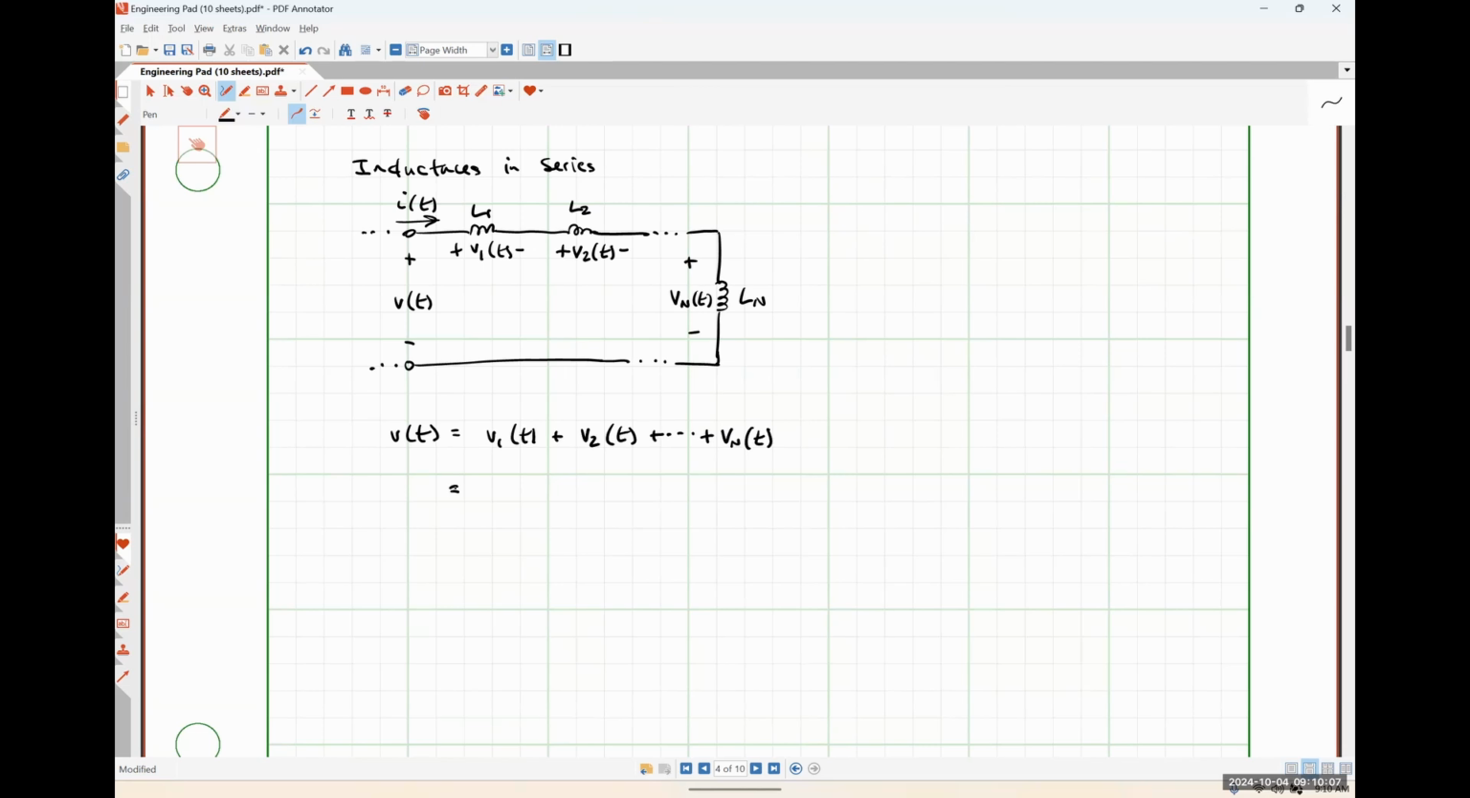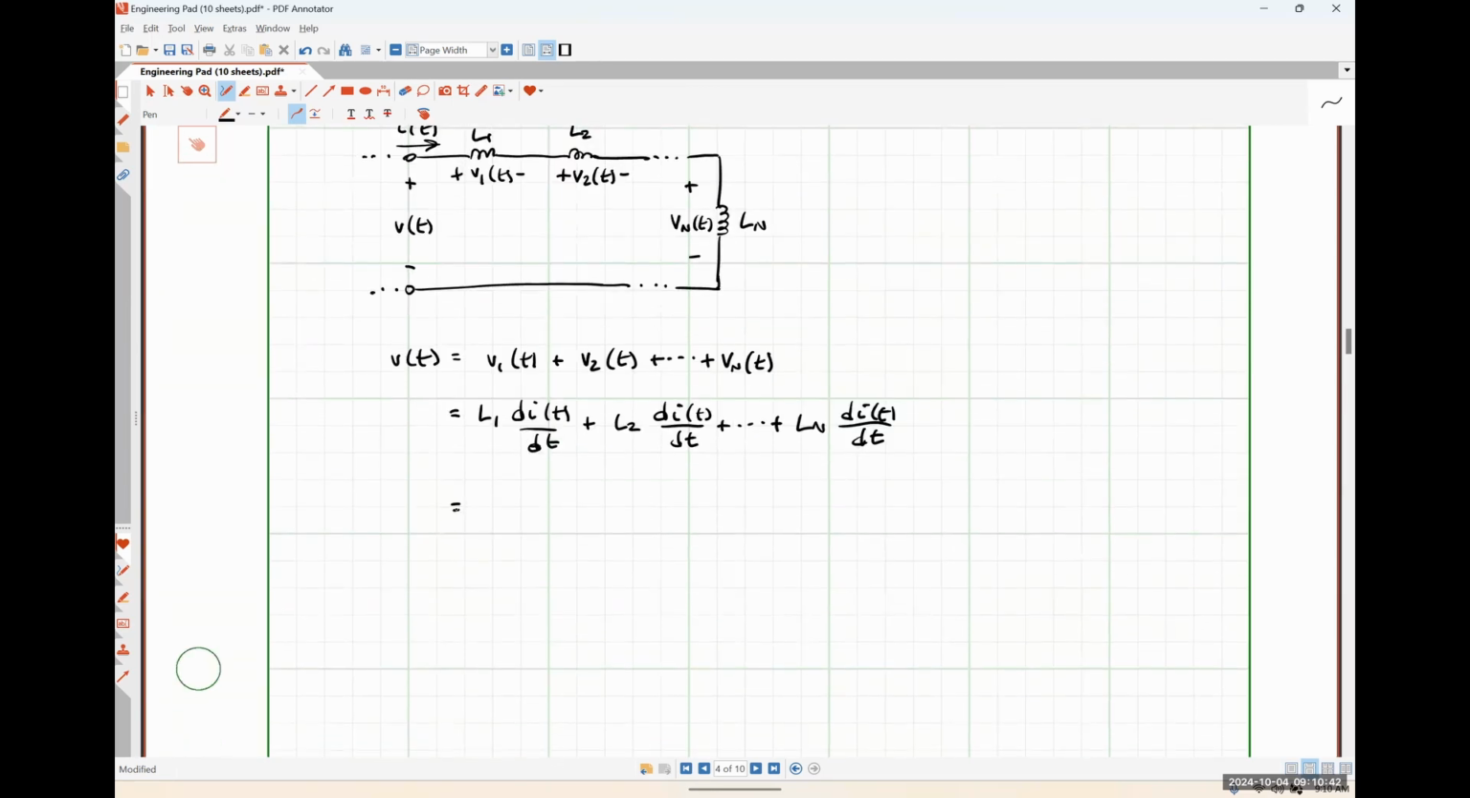I can express all of those voltage drops in terms of my common current I using that first equation, right? So that's going to look like L1 times the derivative of I with respect to time plus L2 times the derivative of I with respect to time all the way out to L sub n times the derivative of I with respect to time. I can then lump all of those inductances together since I have a common factor of the derivative of I with respect to time. So this is going to be L1 plus L2 all the way out to L sub n, di with respect to time, or LEQ di with respect to time,